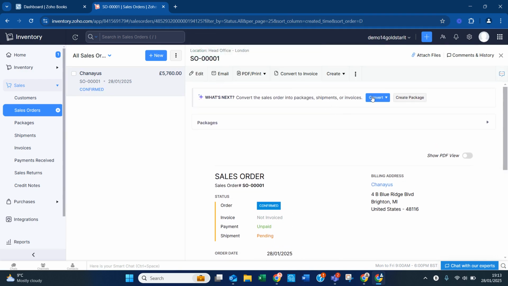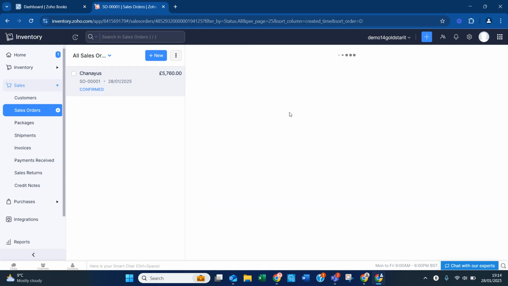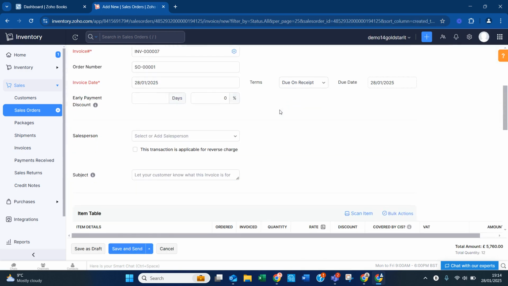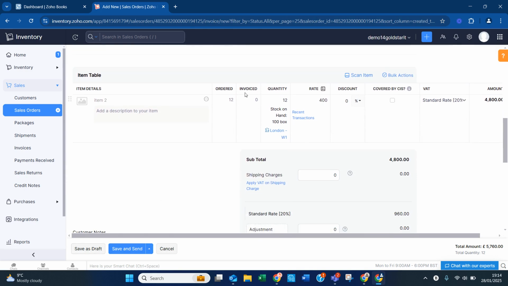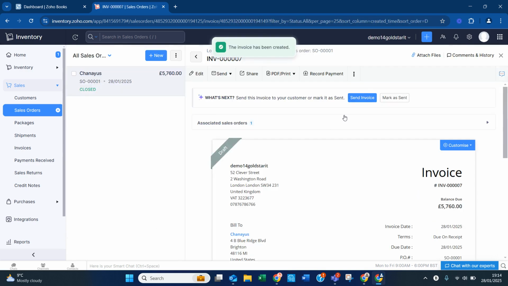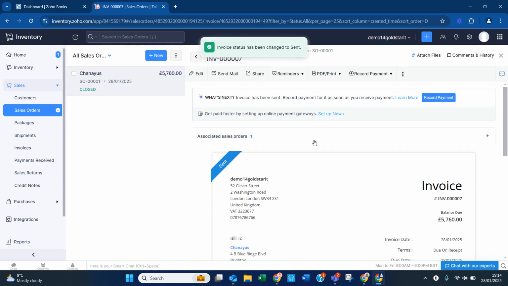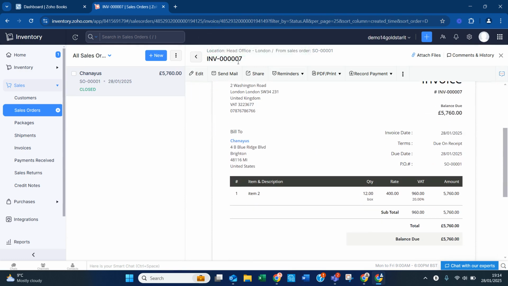What happens now is that when we convert this to an invoice and send it to our customer, it will suddenly update what's been invoiced. Now here,